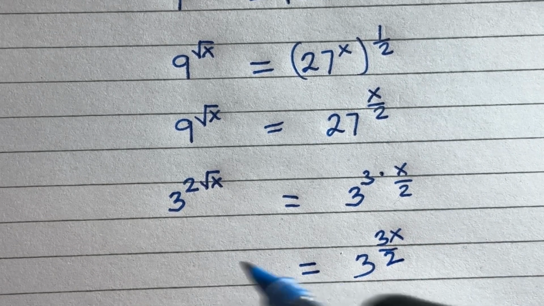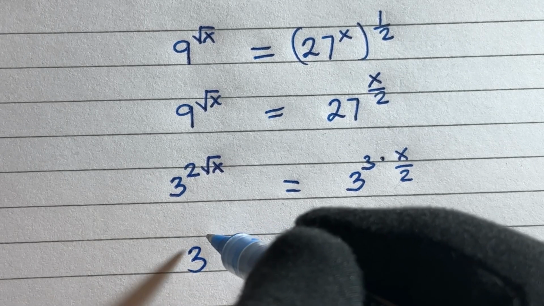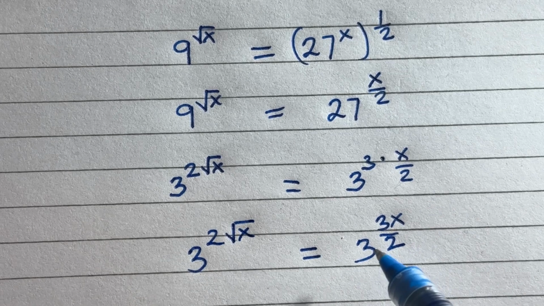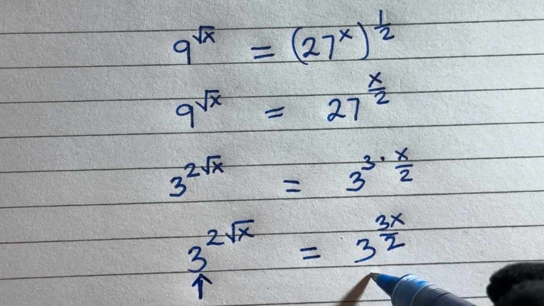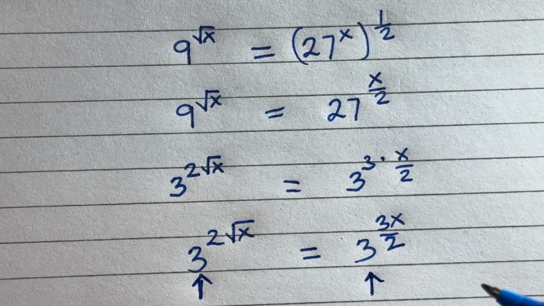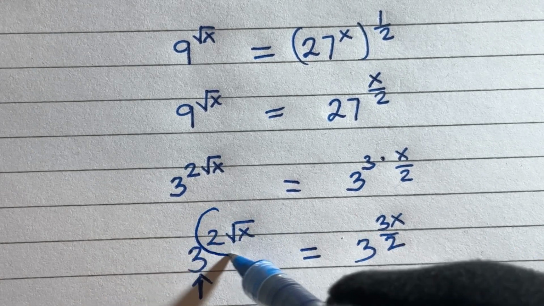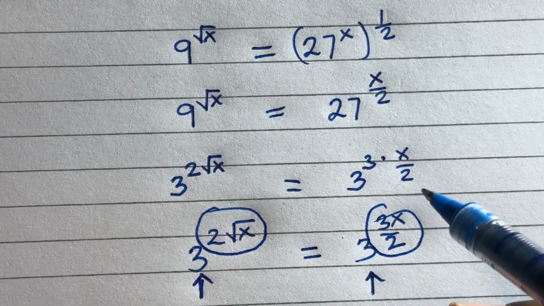And on the left hand side, we still have 3 raised to power 2 root x. So the idea was to arrive at the same base, which is 3, because the law of indices says once the bases are the same, then these powers are equal to each other,